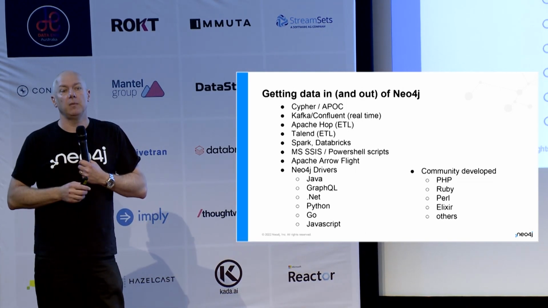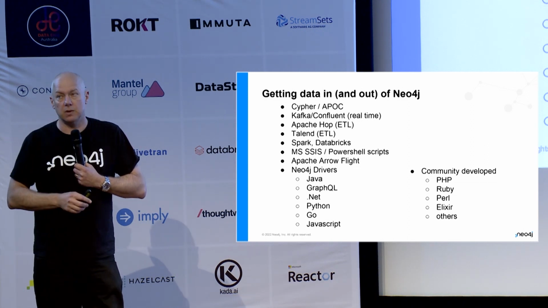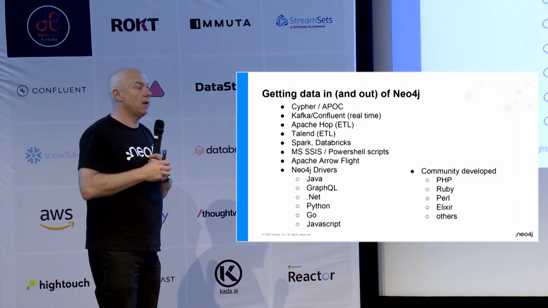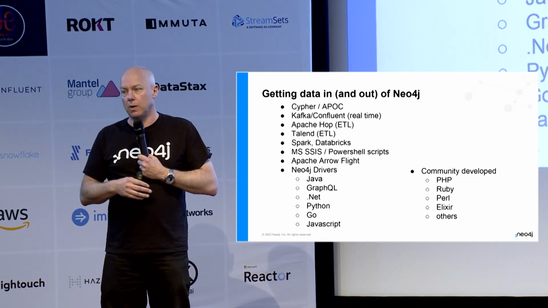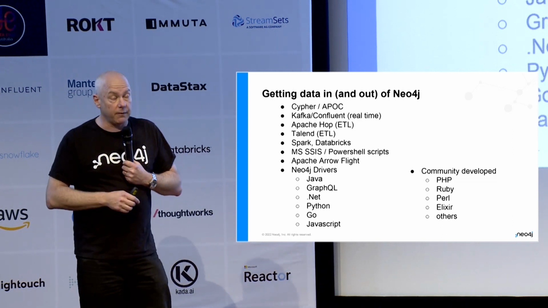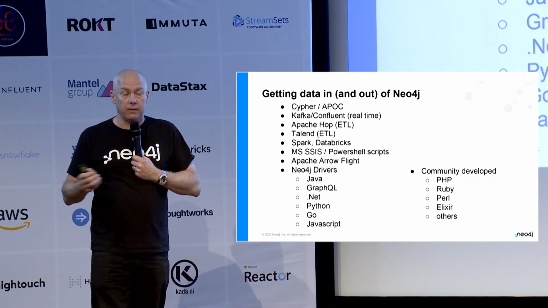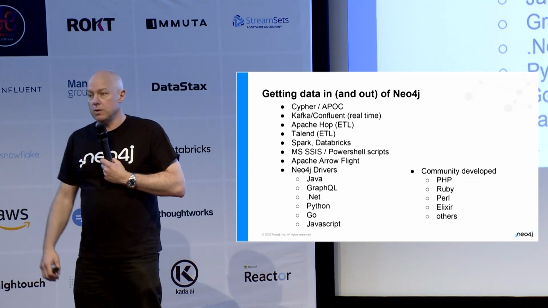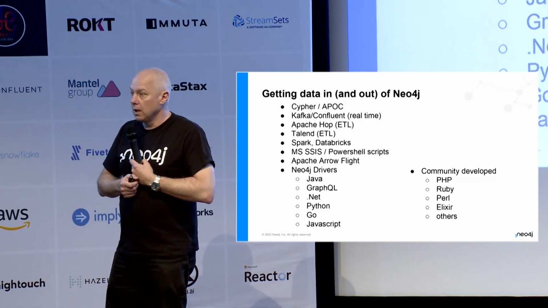We've got some tools that you'll be familiar with. So for real time, things like Kafka. We've got some older traditional tools like Talend, some newer ones like Hop. We've got Apache Arrow. The Apache Arrow project has a sub-project called Flight, which is the fast data transfer mechanism. We're using that. We've also got a GraphQL library, so if you want to build a GraphQL-based application on top of Neo4j, you're able to. We support a whole lot of different drivers, Java, Python. The other day I was just using, I've missed Spark and Databricks. We use that as well. I was using it just the other day with Jupyter to load